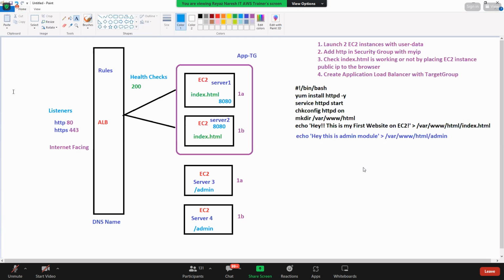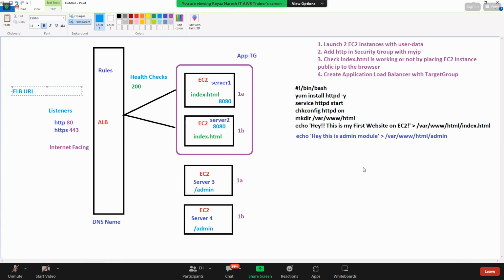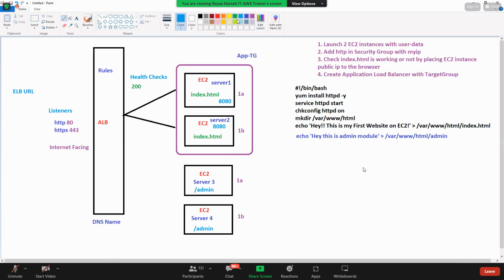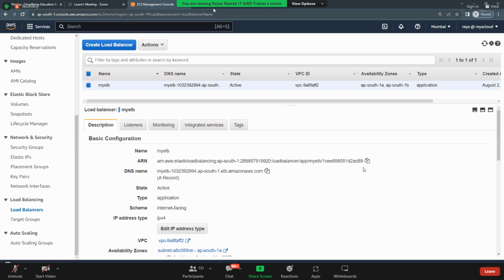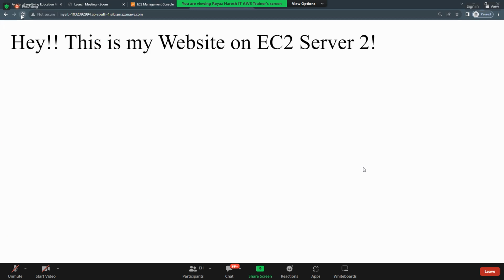So guys, here I'm accessing the ELB URL, correct? When I access the ELB URL, where is it going? It is going to index.html. Yes or no? I'm accessing the load balancer. Guys, the 2 minutes got over, no? Okay. So I'm accessing the load balancer and it is going to my server 1 and server 2. But